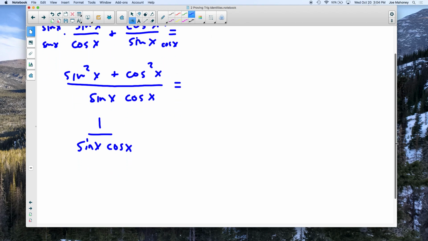So this is pretty good. We're getting somewhere. We got rid of our two big fractions. Now we're down to just one fraction. And what you can do with this fraction here,